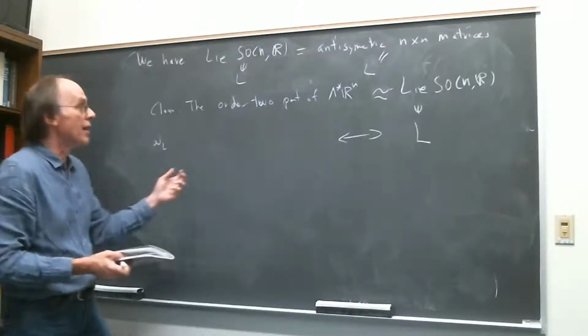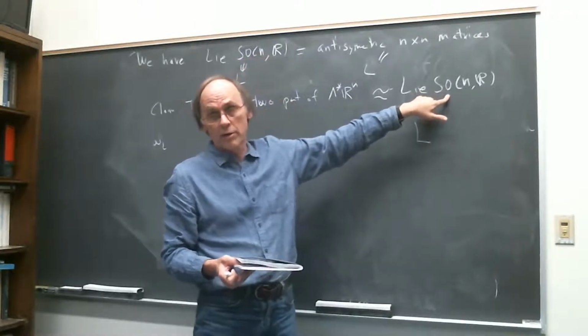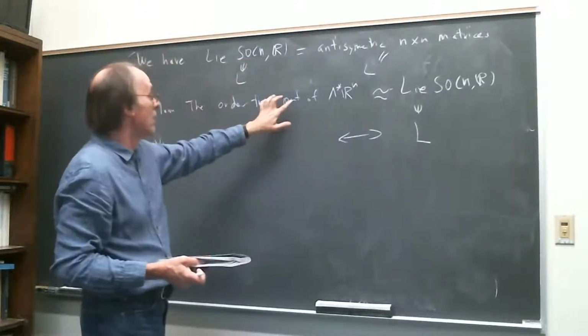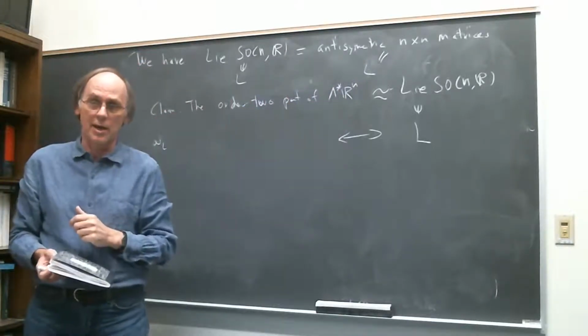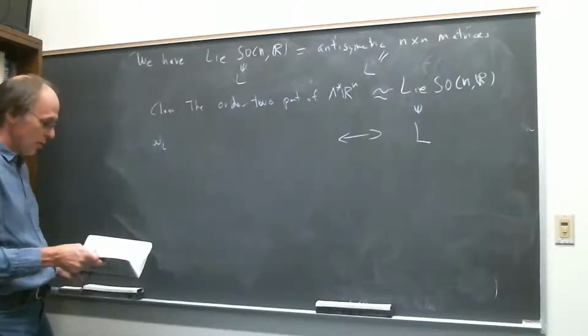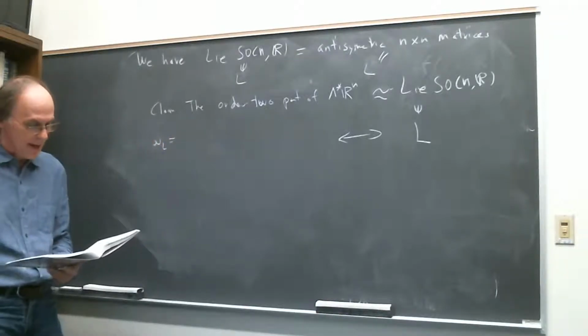Here we take elements of the Lie algebra of the orthogonal group and get quadratic polynomials on R^n, except they're anti-commuting polynomials. And I'll call it mu sub L, and it's a half